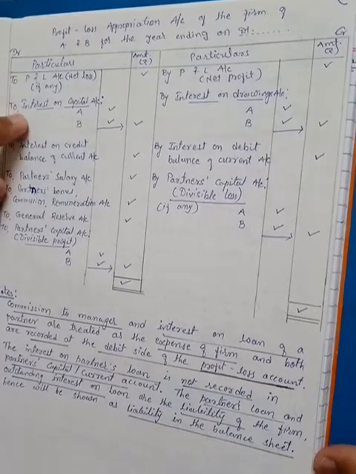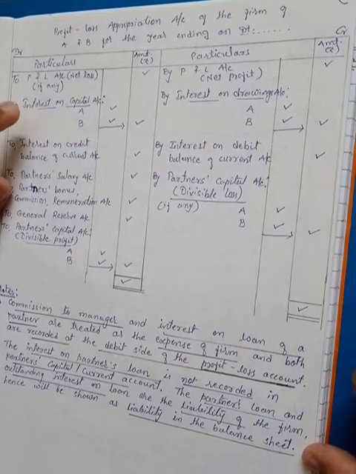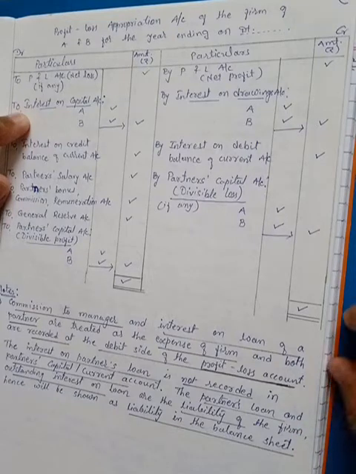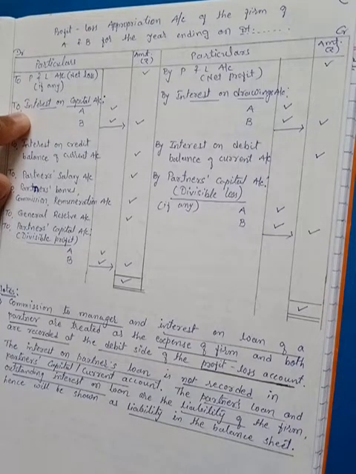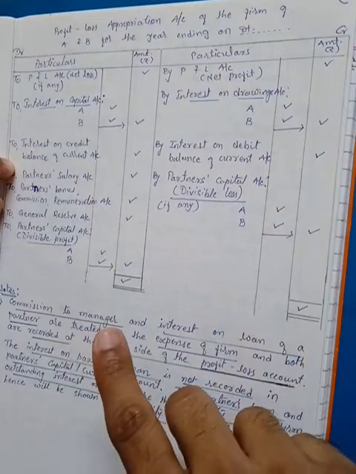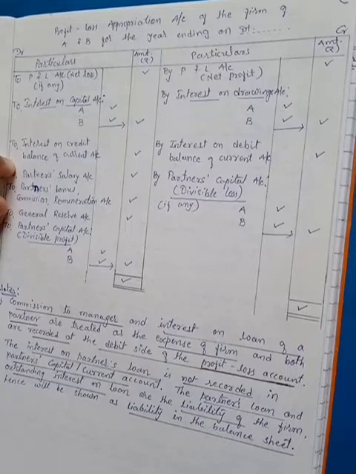Like you can see this one, interest on capital of a partner. As you have learned, one effect you have recorded over here, on the debit side of the appropriation account. The other effect was recorded in the partner's capital account or in the partner's current account, as the case may be. On which side? Credit side. Similarly, this salary to the partner is also shown over here on the debit side of the appropriation account, and the second effect is recorded in the capital or current account of partners. On which side? Credit side.